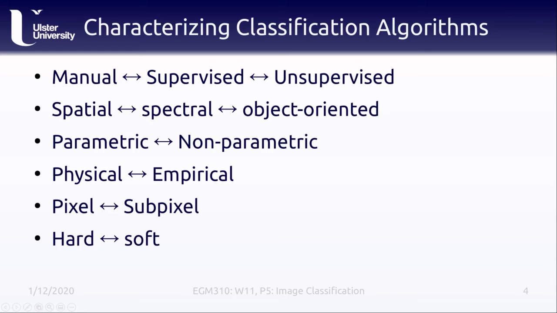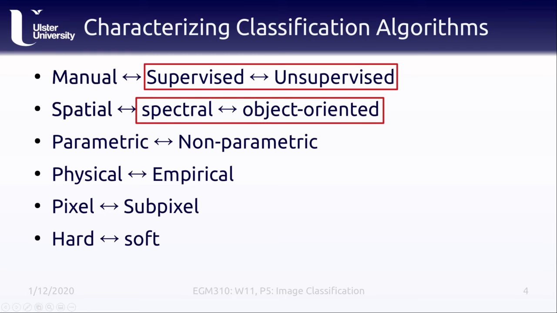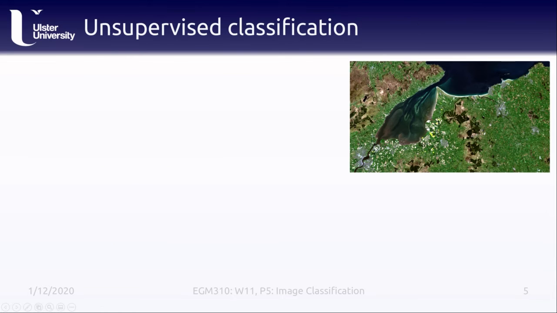In this lesson, we're going to focus on some of the most common distinctions. For example, supervised and unsupervised classification, spectral versus object-oriented classification, and parametric versus non-parametric classification. As we have mentioned in the practical,